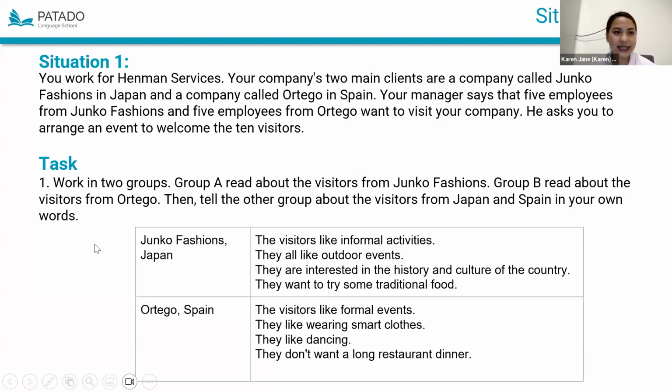Example, you work in a company called Henman Services. Your company's 2 main clients are a company called Junke Fashions in Japan and a company called Artigo in Spain. Your manager says that 5 employees from Junke Fashions and 5 employees from Artigo want to visit your company. So now he asked you to arrange an event to welcome the 10 visitors.